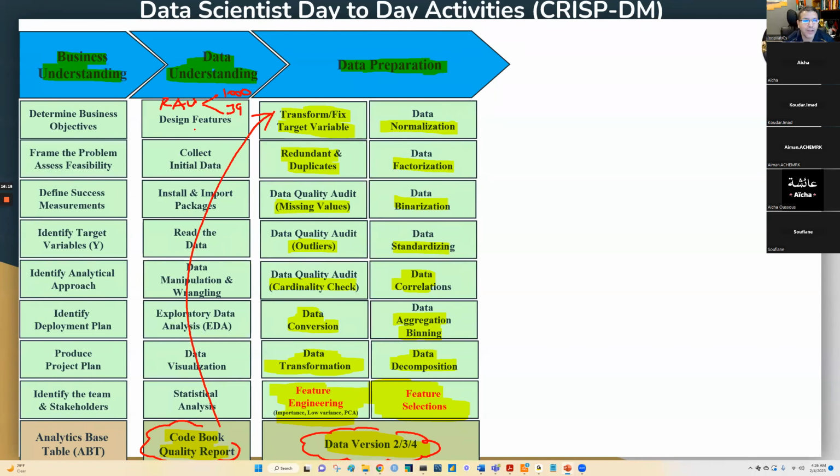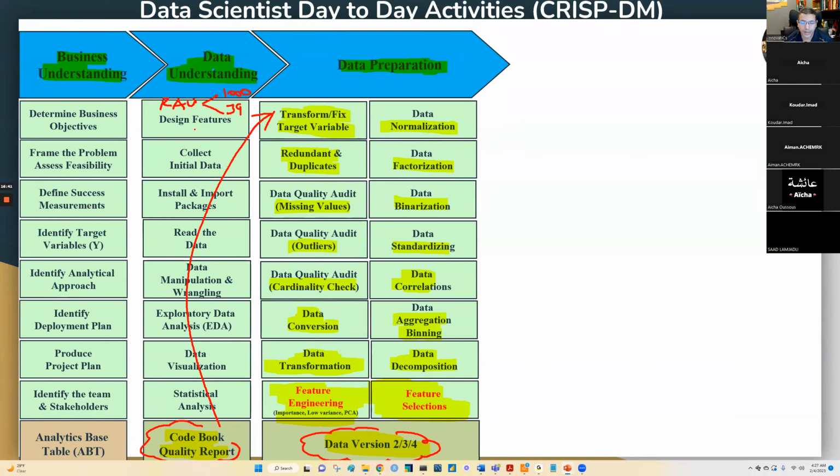Then we also eliminated some features that have low influence on the target variable, using correlation analysis. So we eliminated all features with low correlation with the target variable, and we eliminated features that are highly correlated,